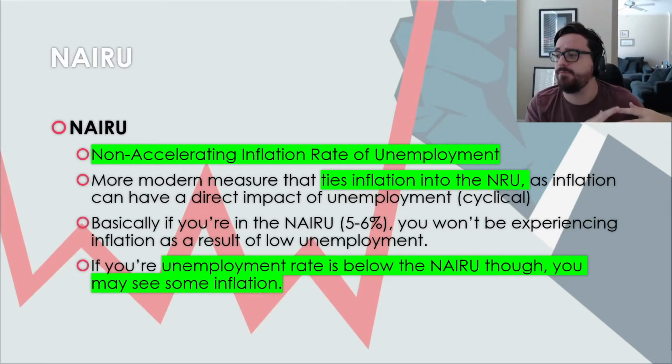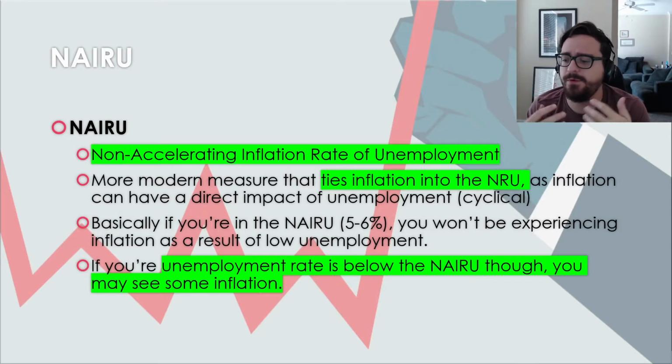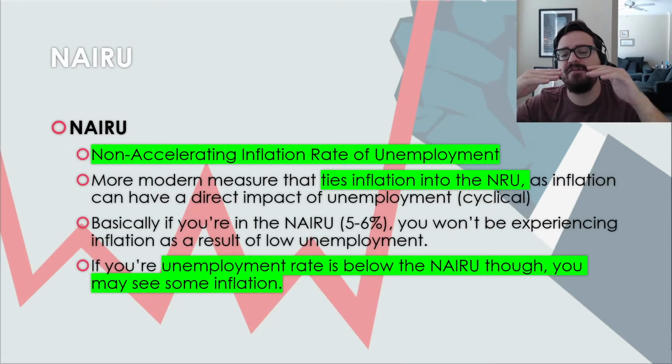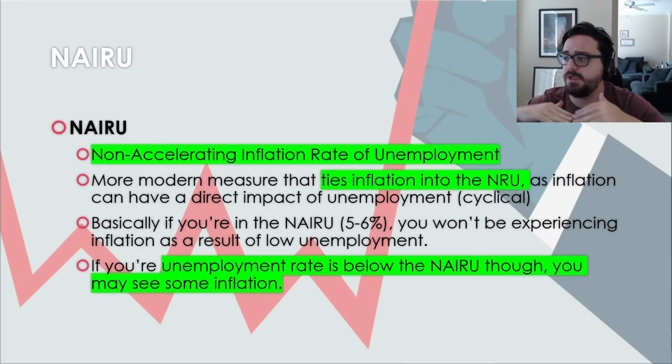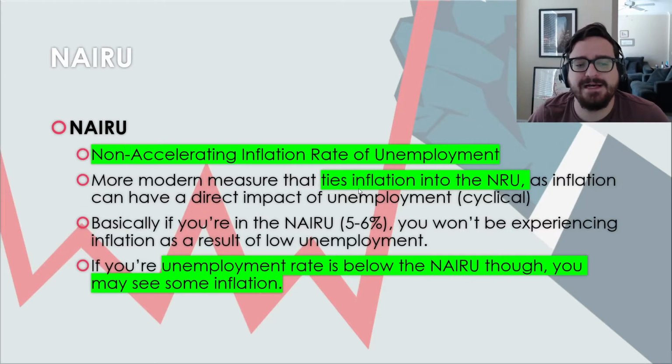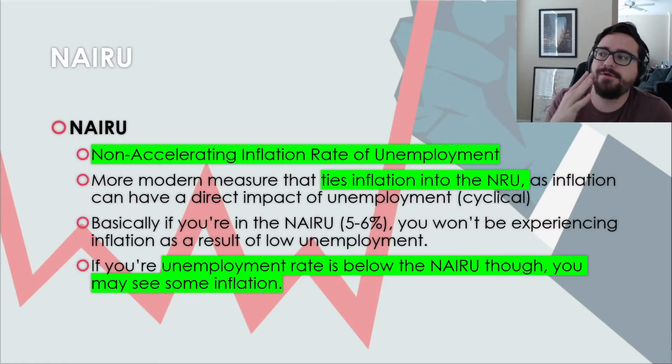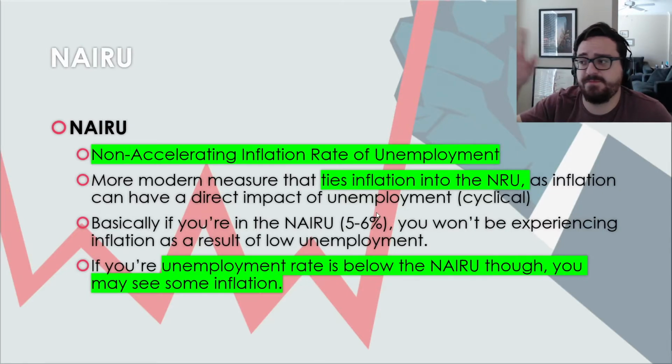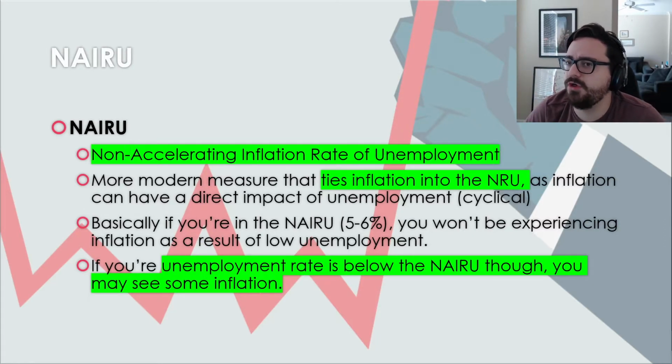Well, if you have less unemployment, you've got more people with jobs, with money, with income that can spend. Well, they're going to spend more, and they're going to cause some inflation. So having unemployment go a bit too low can actually cause the other economic problem of inflation. The NAIRU basically tells us, okay, if you're in this wheelhouse of unemployment, you won't have any inflation as a result of it. So basically, it's as low as you can go without causing inflation, is the idea. And for us, that's basically in this like 5 to 6% range. So a little bit higher than the NRU. Because if you were as low as the NRU, you could actually cause inflation.